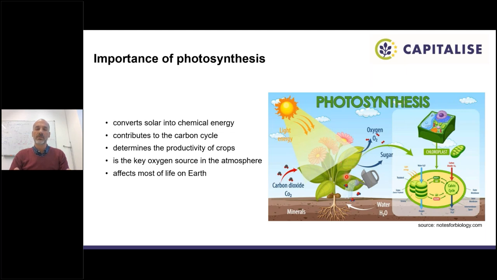So this process is the key oxygen source in our atmosphere. And as a result, due to all of these properties, we can say that photosynthesis affects most of life on Earth. Now, photosynthesis has been studied for decades, and most of the work in photosynthesis has been done experimentally. However, there is another way of studying photosynthesis, and that is based on modeling. So when we want to start and model photosynthesis, we certainly have to first understand what are the underlying processes